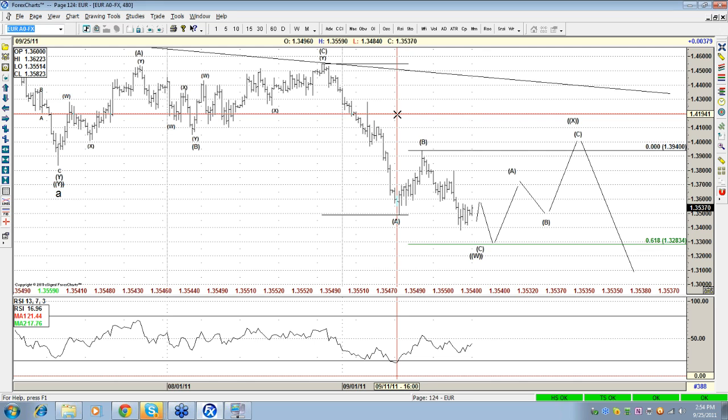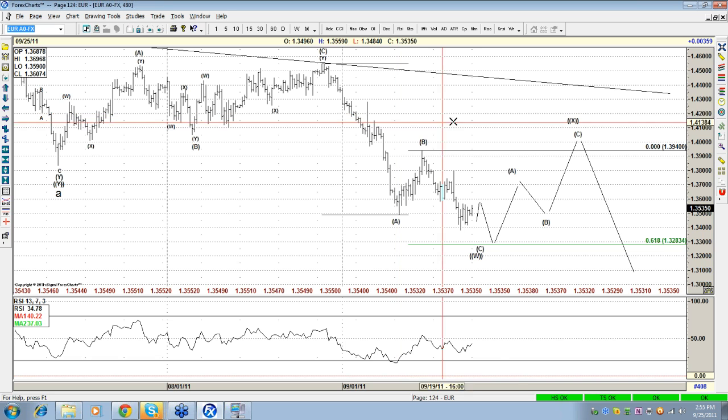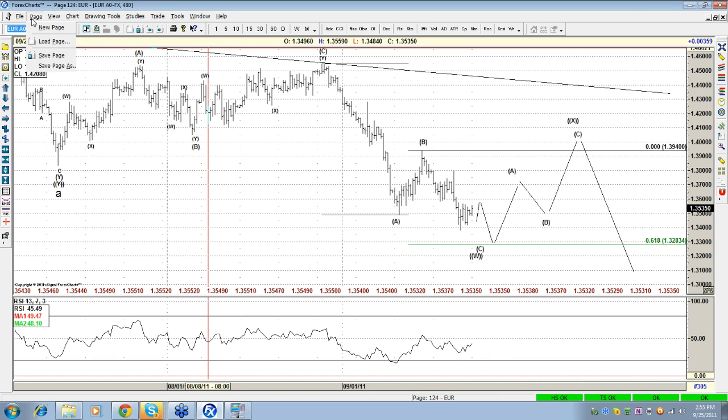But the structure in the recovery from the risk still looks corrective to me. That's why we're doing it. And I have a clear Cooper, Aussie, New Zealand, and CAD telling me more weakness on the dollar. So that's telling me dollar index extension, and that's telling me euro dollar possible extension to the downside. You guys understand? Now, let's move on to Aussie as a pair.